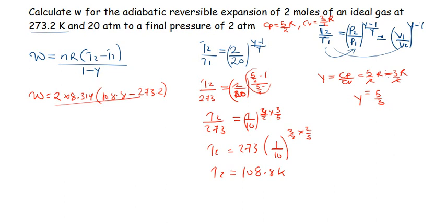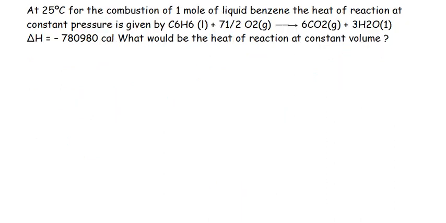So we have 1 minus gamma. What is the value of gamma? That is 5 over 3. So when you punch that directly on your calculator, you are going to have 4,100 joules. This is the answer that you are supposed to have when you punch that on the calculator. All right, so the next question that we'll do is